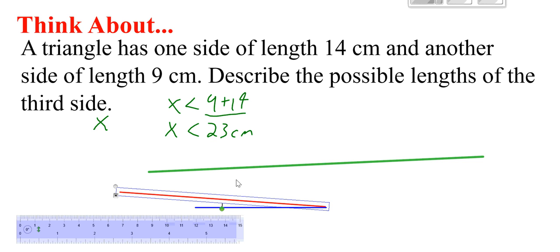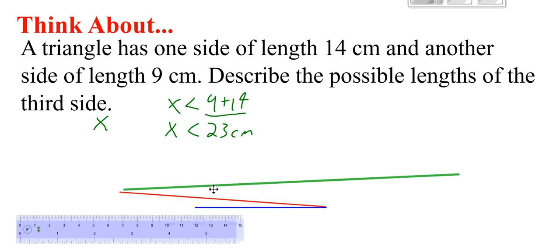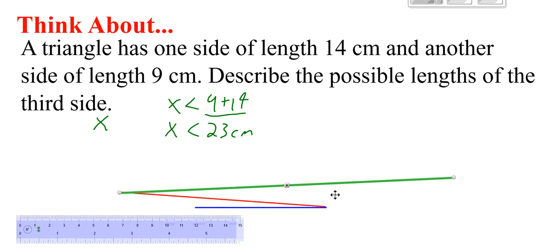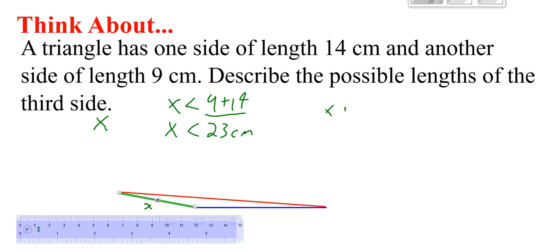So this length here, X, the smallest side, has to connect the two different vertices of these triangles. So we have to make sure that X plus our blue length of 9 has to be less than our